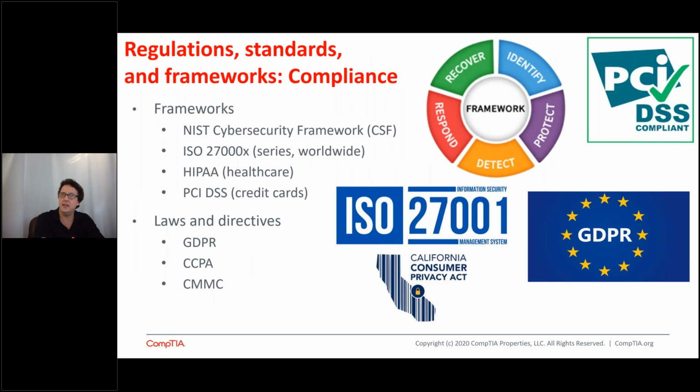I'm not going to go into great detail on them. For example, if you are an organization that takes credit card information, you've got to be compliant to something called PCI, industry standard, been around for years. A lot of times, if you're working with the U.S. government, you'll be working with the NIST cybersecurity framework. That framework is where you take a look at 5 different concepts to identify, protect, detect hacks, to respond and recover. That's the NIST cybersecurity framework. Other organizations have to follow ISO 27000X or 27001, for example, standards.